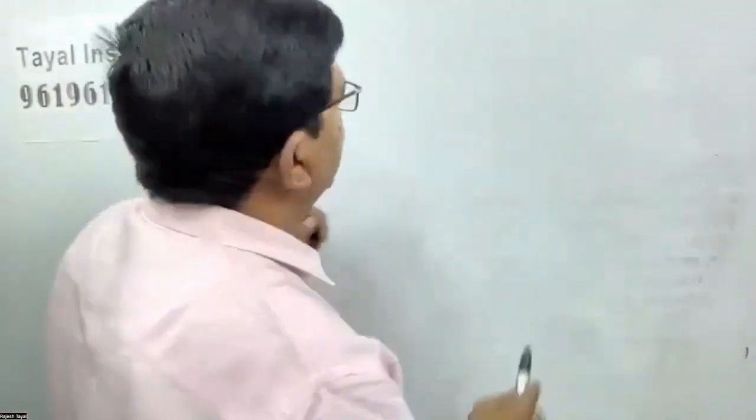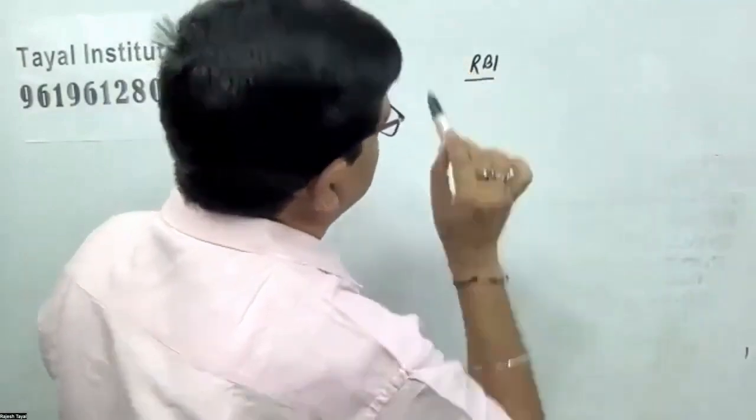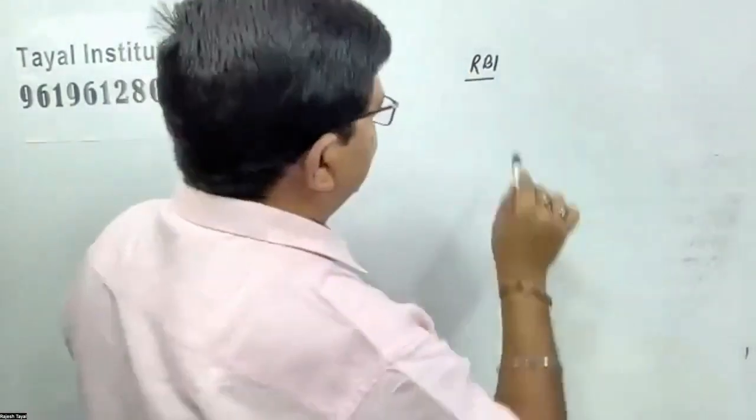Because which is the highest authority under this act, under FEMA? All RBI sanctions, rules, regulations, that is by RBI, right? And when it comes to enforcement, then there is ED, right? So the RBI, how does the RBI operate? Under section 10,